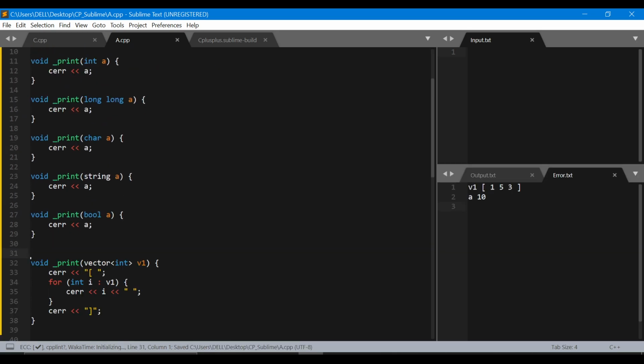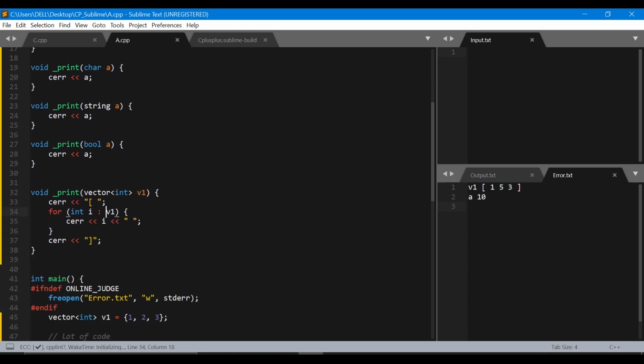And why am I doing that? This is because one thing that you will observe here is that we are only passing in a vector of type int here. What if I wanted to debug a vector of type string? What if I wanted to debug a vector of type character? What if I wanted to debug a vector of type long? In that case, I cannot call this same function, right? But here is the catch. I can, provided I create my own template here. So I'll create a template here.